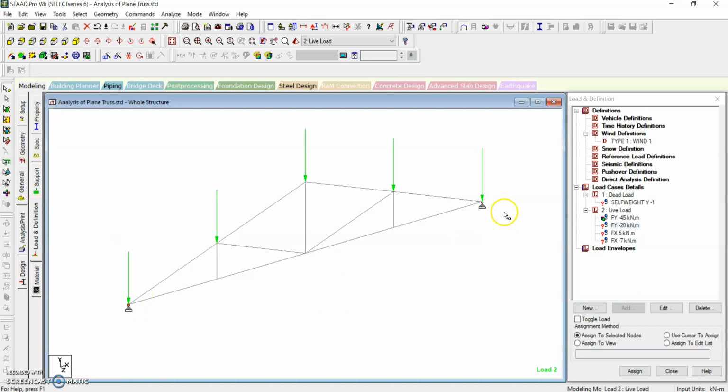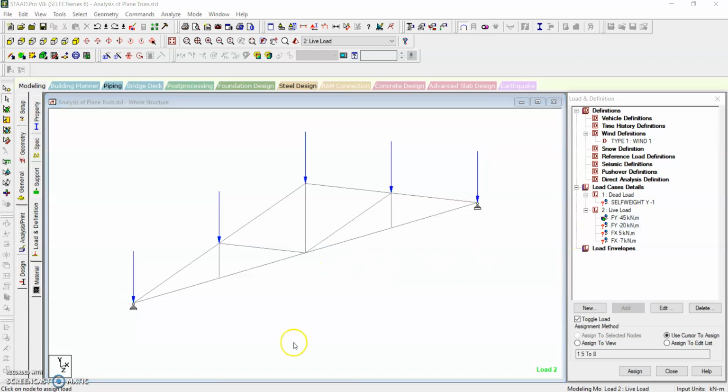Select now vertical load in Y direction, 20 kilonewton, we will apply on the node at the support. By mistake we can see the load is already created, which is of 45 kilonewton. Now if we want to remove that, then click on 45 and click on toggle load. So toggle load, then select